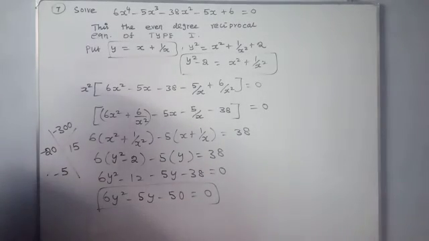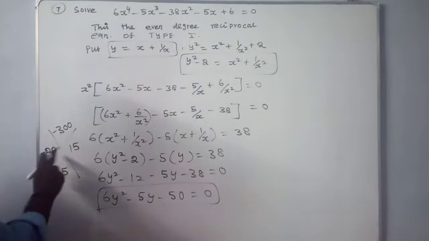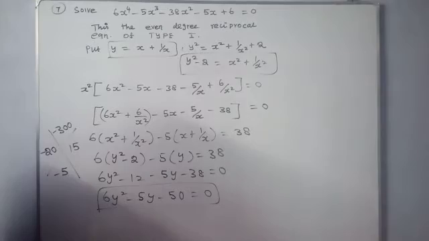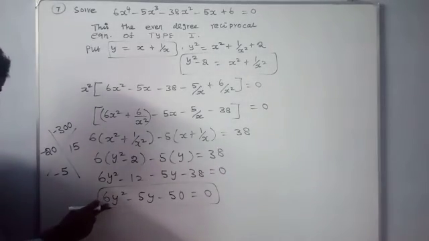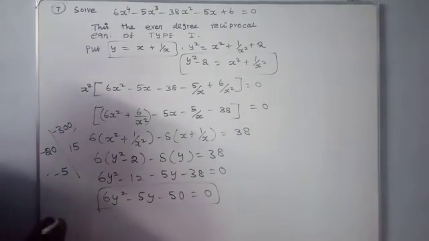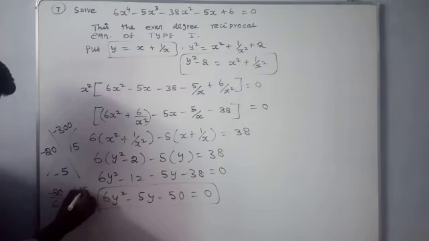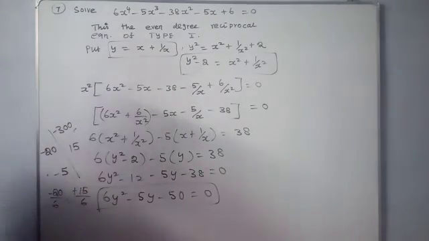So here we want to write minus 20 into 15. Multiply these two terms, minus 300, and subtract these two terms, minus 5 is there. And the leading coefficient is 6, so we want to divide by it. What are the values? Minus 20 by 6 comma plus 15 by 6.